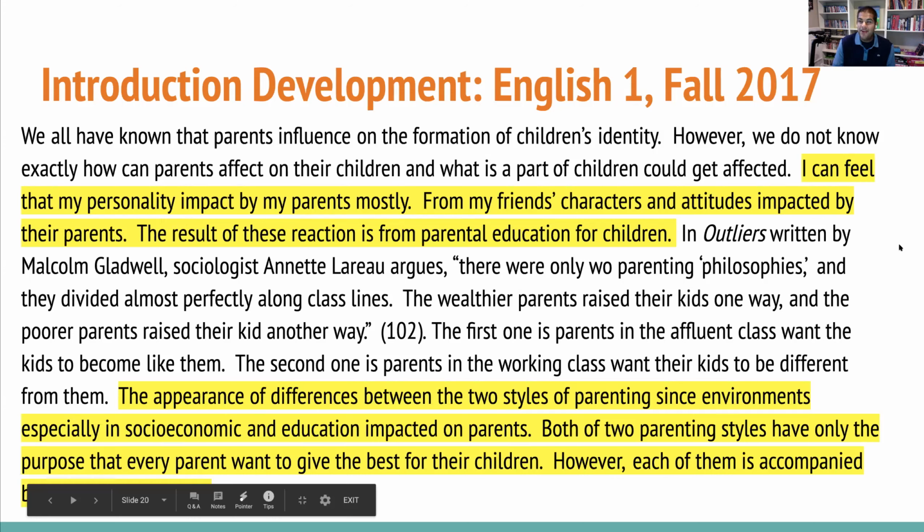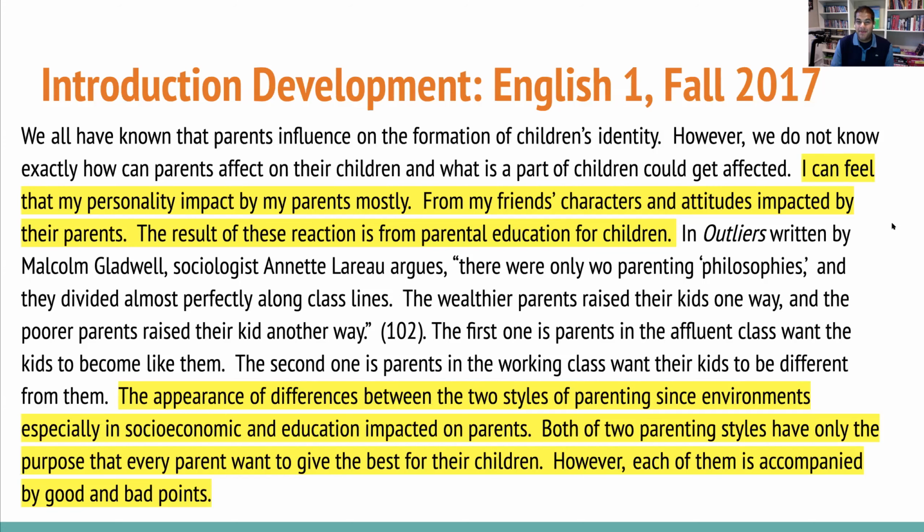Looking at that early on, she says, I feel that personality impacts my parents mostly, right? So she starts thinking about how she's impacted by her parents and why she feels that way. And then she throws in this Gladwell idea of Lareau showing two different parenting styles. And when she gets down to the bottom, she's presenting the idea that maybe it's not as clear as what she thought it was, right? I think that's a really cool move that's starting to emerge: here's what I originally think about this idea, and now here's how my perception, or my viewpoint, is starting to change or become a little more critical because I'm being informed by some other outside sources, right?